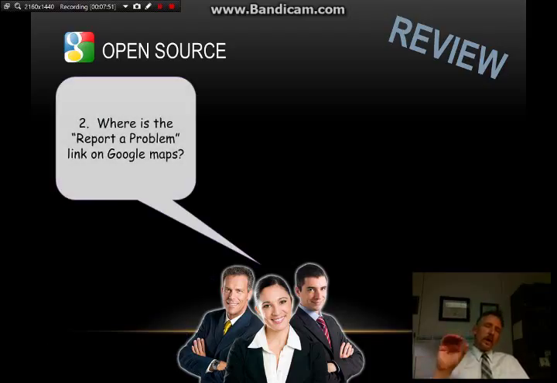Number 2 is, where do you find that report a problem link on Google Maps? And if you said down behind the talking head in the lower right-hand corner of the screen, that's correct. It is just a very, very tiny, minute white print that says report a problem. It's hard to find, probably because Google doesn't really want you to redact your information from their search engine. If everybody did that, there would be no Street View. Everything would be blurry in Google. So they don't want you to do that, but they have to give you that option, presumably by law.